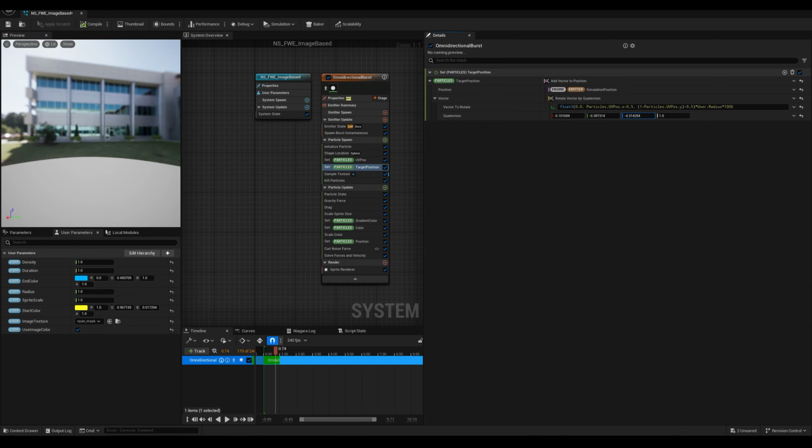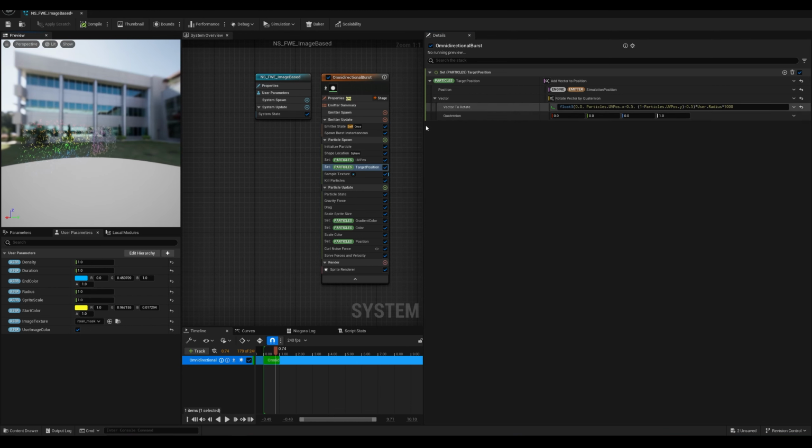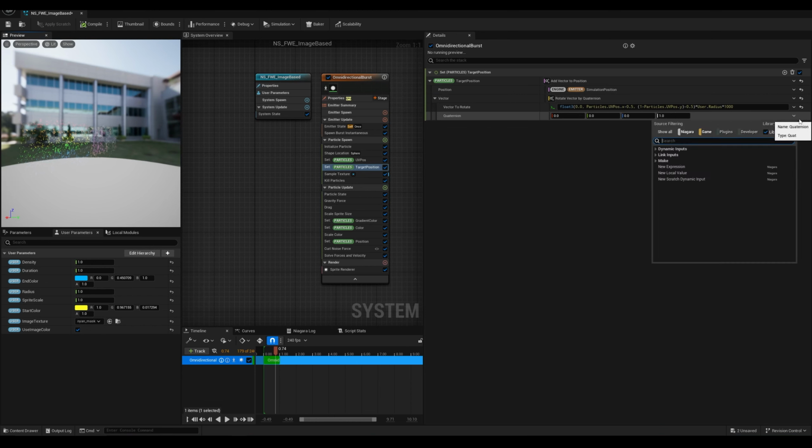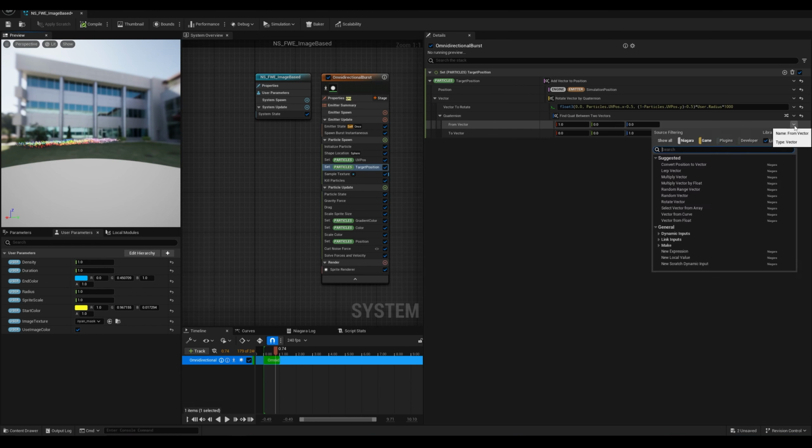Well, anyway, you get the general idea. Let me reset this back to default. Now the other thing that we can do is keep this rotate vector by quaternion, but in the quaternion, let's type vector, and we have find quaternion between two vectors. Now this is very similar to just using a regular quaternion, but it's slightly easier to understand, at least from the user's perspective. So the from vector will be the original x-axis of our space,